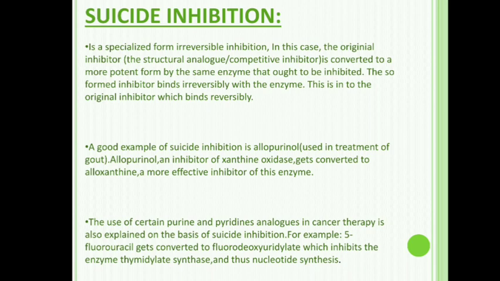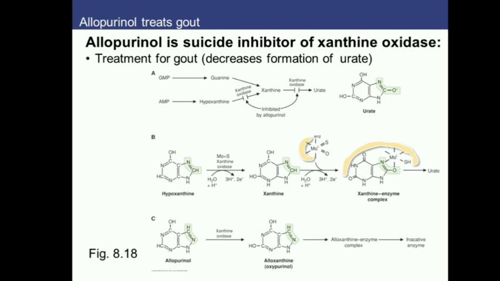Now we quickly see the slide of allopurinol acting as suicide inhibitor to xanthine oxidase. So इसमें हो क्या रहा है बेसिकली, अगर हम देखें GMP और AMP, which is getting converted to the guanine and hypoxanthine, and further these two are getting converted to xanthine through the same enzyme called xanthine oxidase. Now this xanthine is basically converted to urate, and this is the normal reaction that takes place in the disease gout. So basically if this xanthine oxidase will be inhibited, then there will be no formation of urate, and that is what we want.